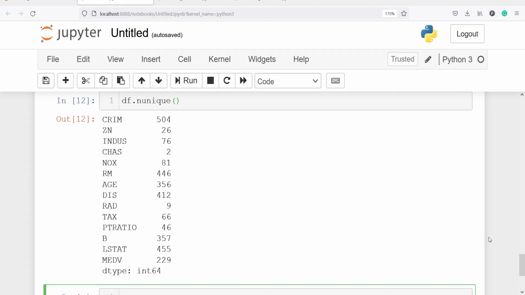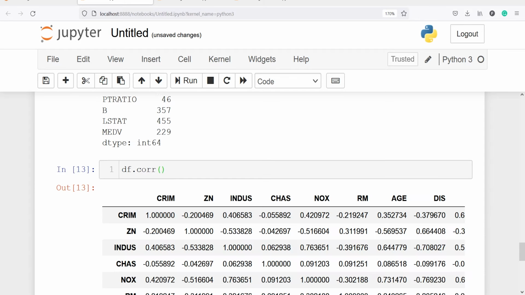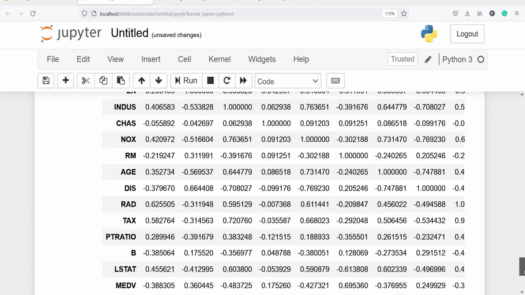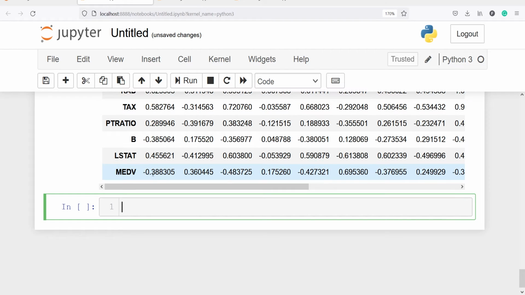Next we will find the correlation between variables. I will use the method corr, and here in the output we got the correlation between all the variables, and here MEDV is our target variable. We can check the correlation with our target variable. For example, the correlation between MEDV and CRIM is minus 38%.